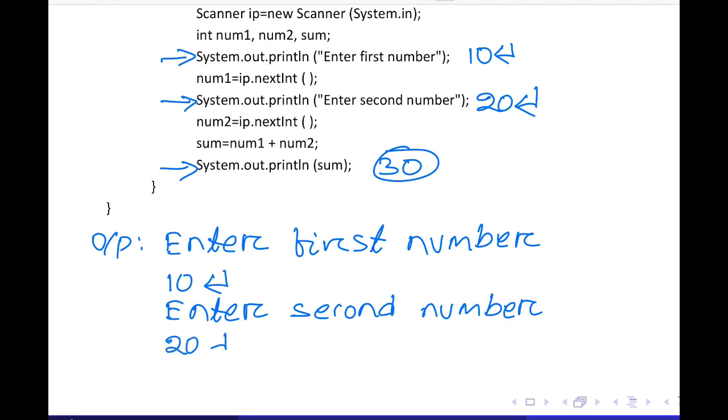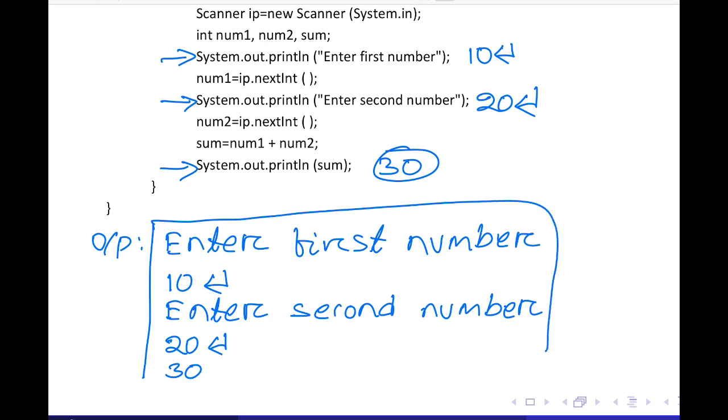So you give 20 and press enter, then it is going to display the value of sum in the next line. So it is going to display 30 like this. So if you execute this program and give 10 and 20 as two inputs, then it is going to display 30. We will execute this program and see how this input output works.